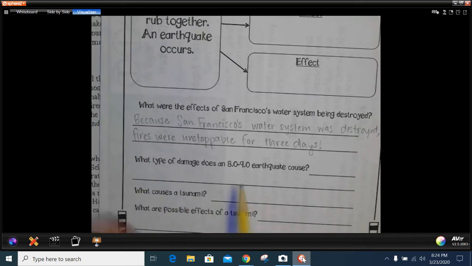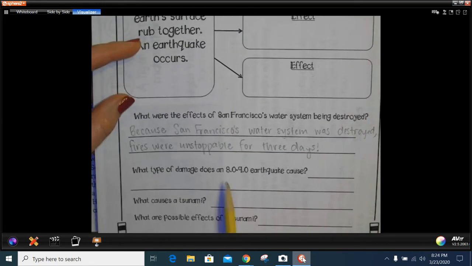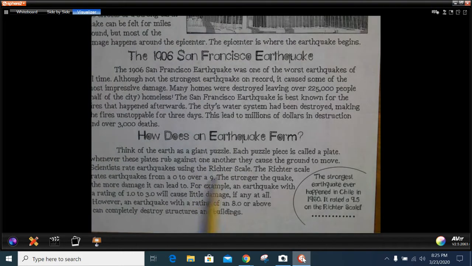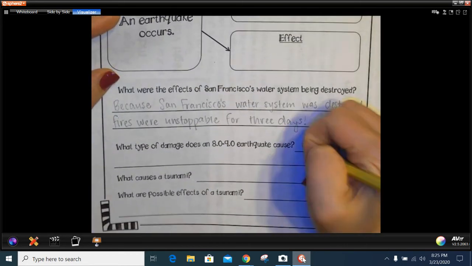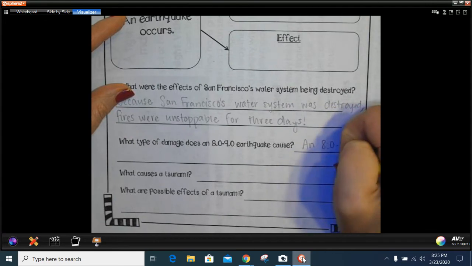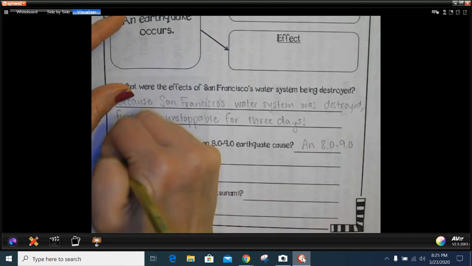What type of damage does an 8.0 to a 9.0 earthquake cause? Let's see, what kind of damage? Oh, it can completely destroy structures and buildings. An 8.0 to a 9.0 earthquake